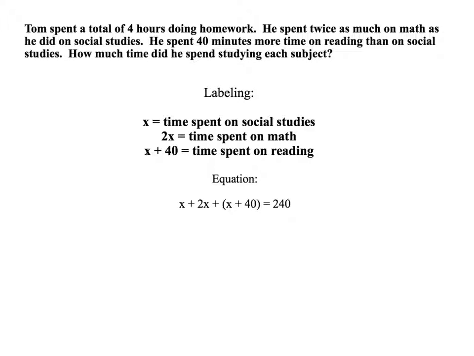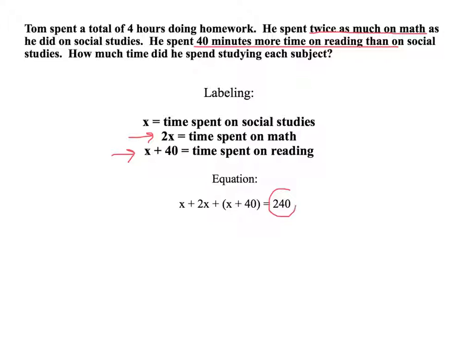Once again, you can see my labeling part on this problem. I would let x equal the time spent on social studies, because both the math times and the reading times in the problem are compared to social studies times. It says that he spent twice as much time on math, so I would have that equal to 2x. And he spent 40 minutes more time on reading than on social studies, so I would have that equal to x plus 40. You can see my equation written there, x plus 2x plus in parentheses x plus 40 equals